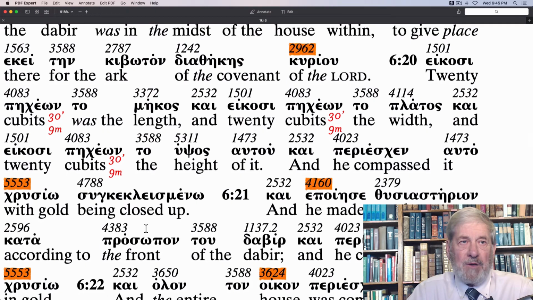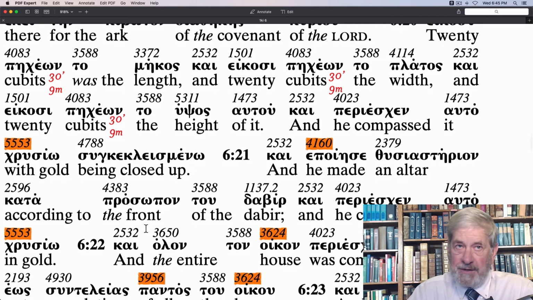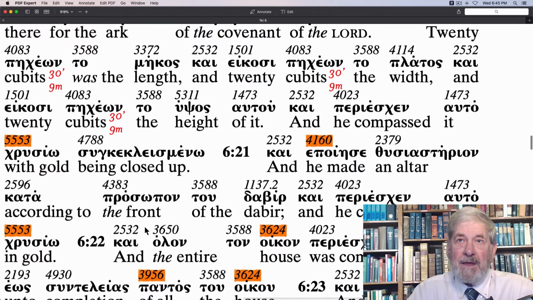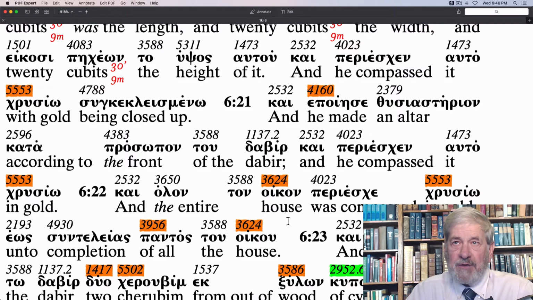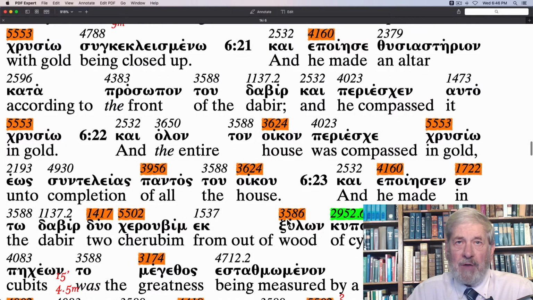And he made an altar according to the front of the Debir, the Holy of Holies, encompassed it in gold. And the entire house, or the whole, if it was whole, it would be olon, whole, transliteration. And the whole house was encompassed in creseo, unto completion of all the house. And he made in the Debir 2, duo